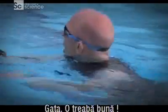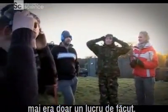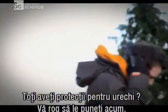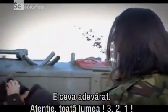Got it. Cool. Great work. With the explosions rigged and safety briefing done, there was really only one thing left to do. OK, are all the mini-cams running? All mini-cams running. Everybody got ear defenders? Please put them on now. This is for real. All running. Everybody? OK. In 3, 2, 1...